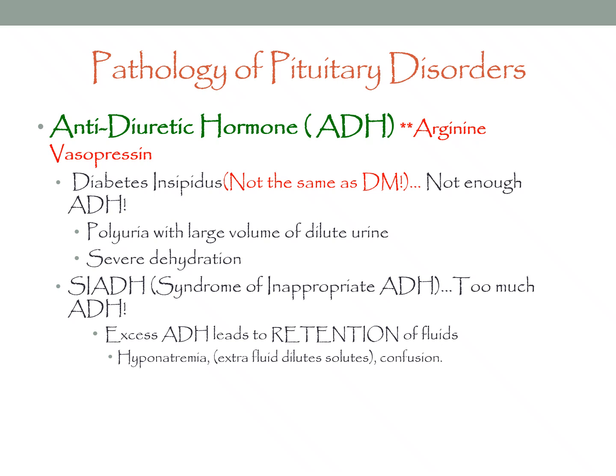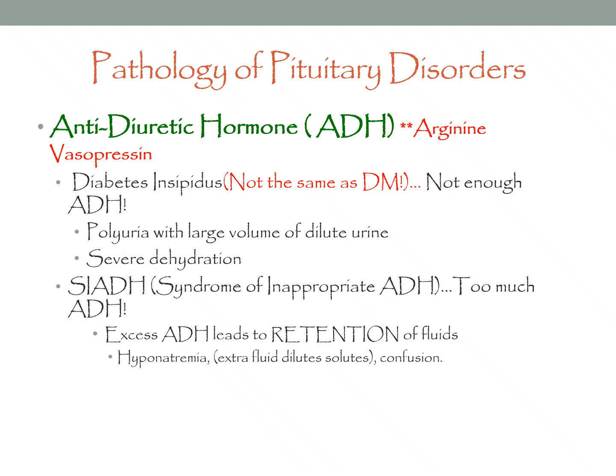So let's consider where ADH is made. It's made in the hypothalamus, right? And it's stored in the posterior pituitary. Both of those guys live in the brain. So any trauma to the head can disrupt the normal production and excretion of the hormone ADH. Head trauma can also disrupt the normal outflow and production of any of the hormones that are made in the hypothalamus or made in the